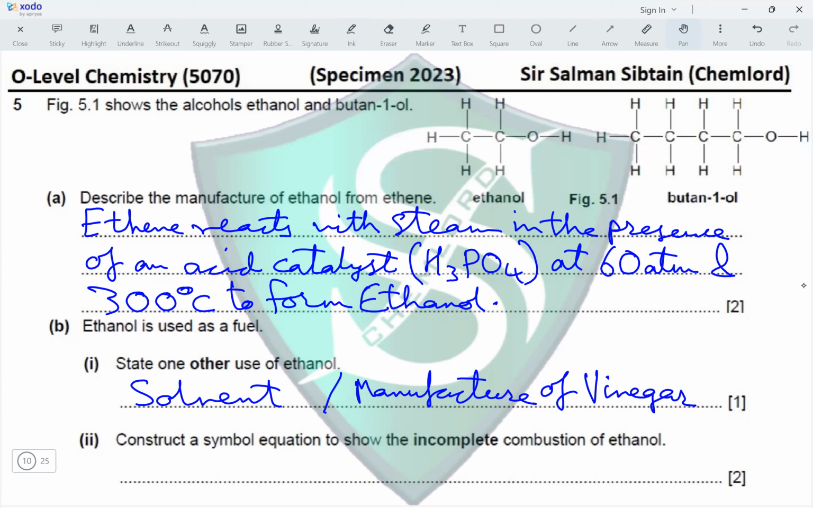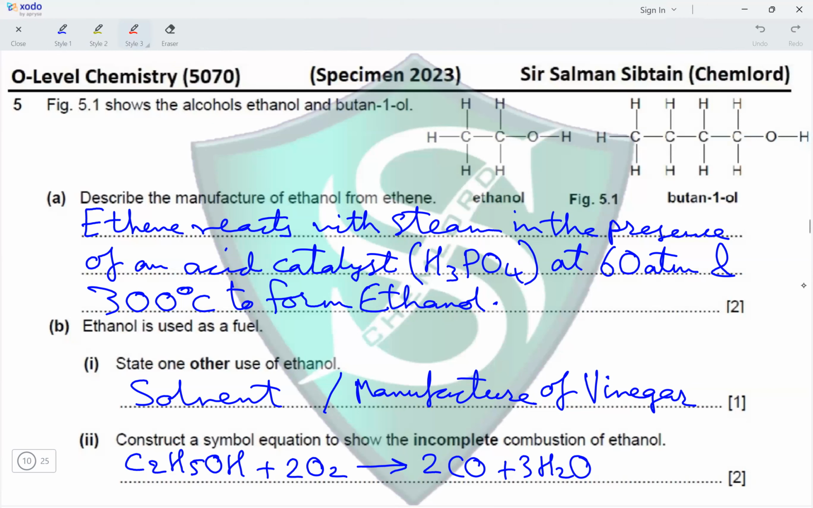Now we have got two possibilities. One, we would have carbon depositing, or we can have carbon monoxide forming. So let's write both the equations. In the case of carbon monoxide formation, we would have C2H5OH reacting with 2 moles of oxygen, giving us 2 moles of carbon monoxide and 3 moles of water. Whereas in the case of